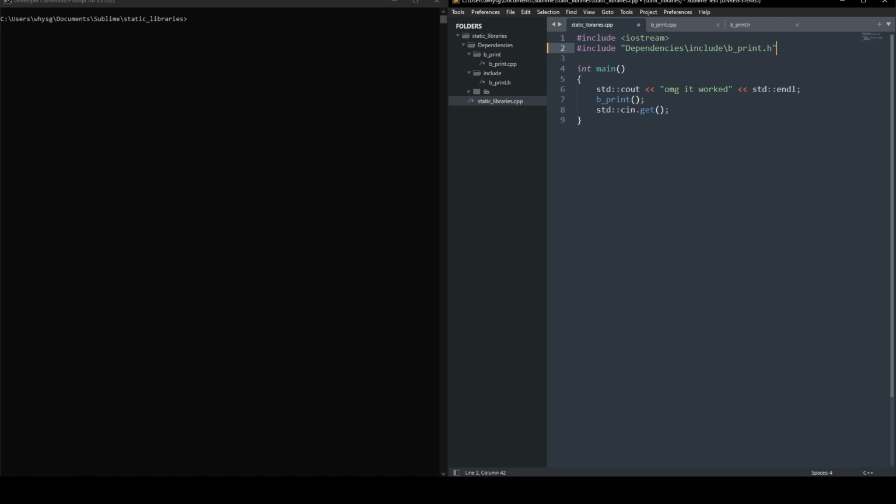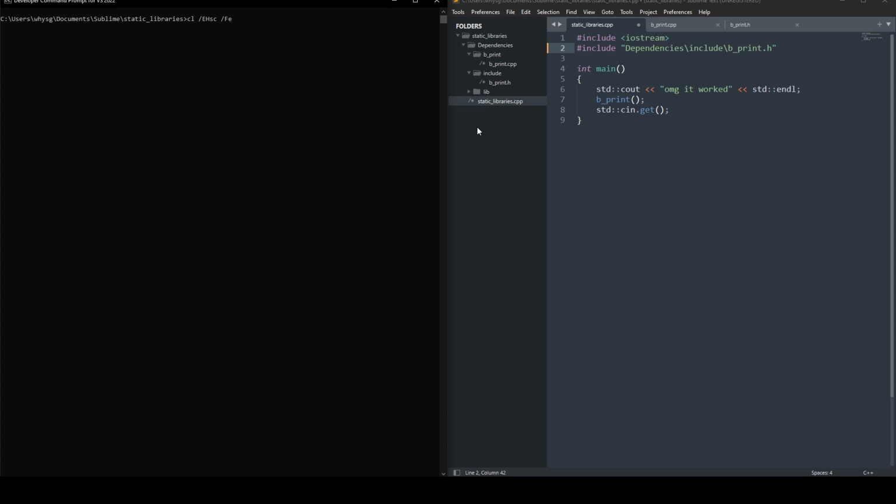the -i is the include path. So if it's not in the include path, then you have to use quotes because it has to tell it that it's a relative position, right? So you'd have to do it that way. So in that case, we would just do, okay, ehsc,